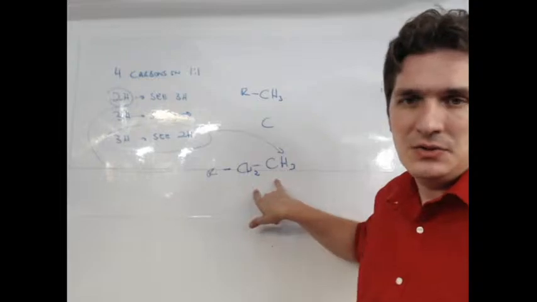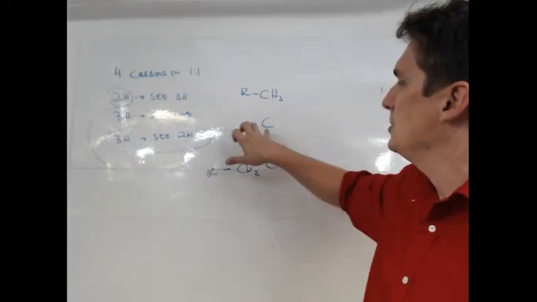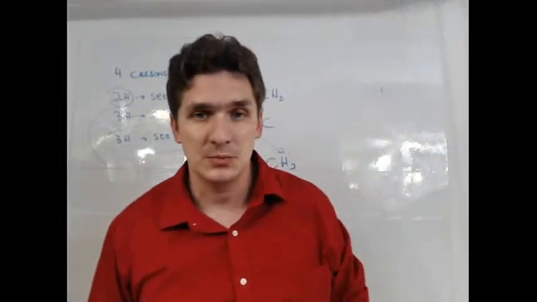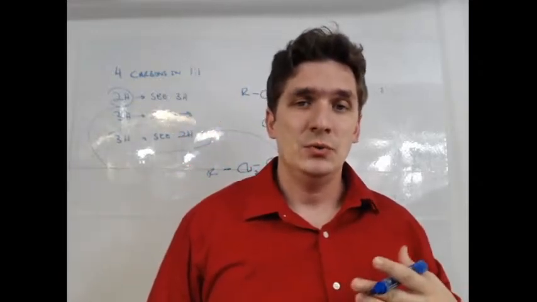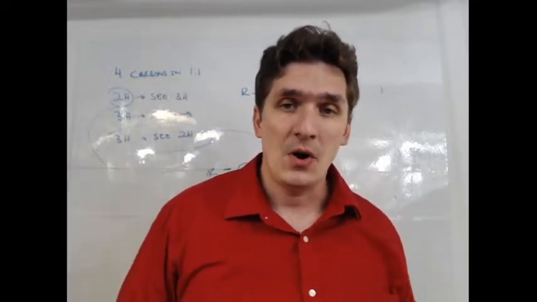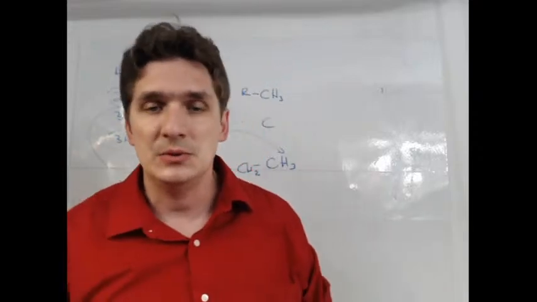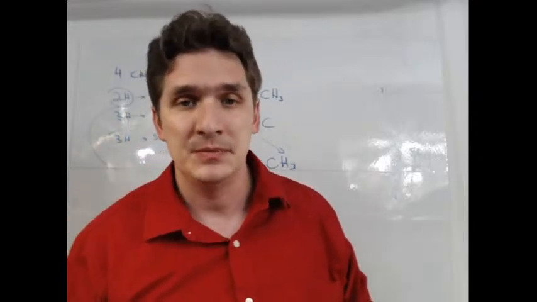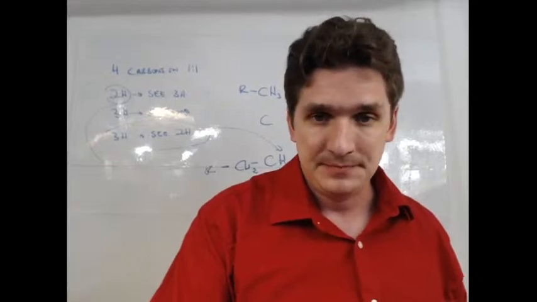So we have the CH2-CH3 group, we have a CH3 group, and then we have an additional carbon that's floating around somewhere. Okay, so what does that tell us so far? Well, one, we know that we have a CH2-CH3 group, we have a CH3 group, and we have a lone carbon. So if we go back to the packet,